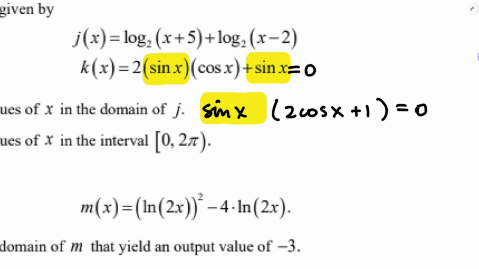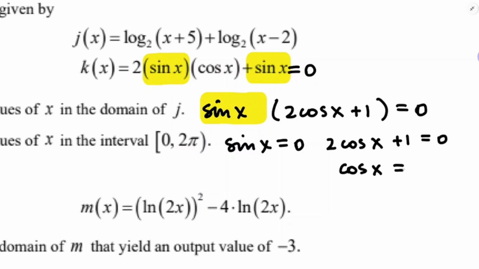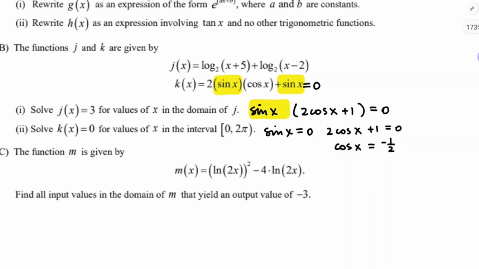Okay, if that's the case, then either sine x needs to equal 0, or maybe 2 cosine x plus 1 equals 0. Okay, that cosine x, if it equaled negative half, that equation would be true. And that's what I want to get it down to. Trig function equals numbers, so I can consult with a circle. Okay, once I do that,